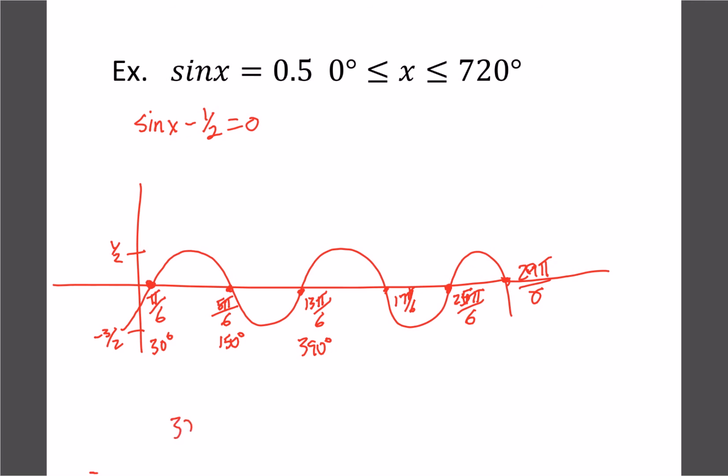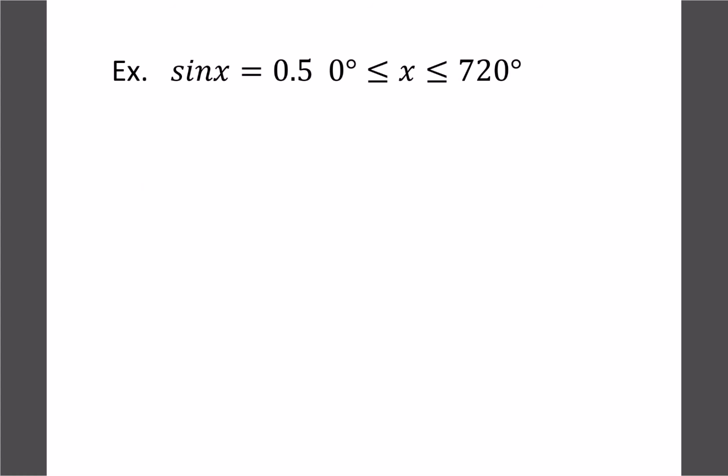So yeah, in this case we'd have 30, 150, 390, 17 pi by 6 is, I can't quite do it in my head here, that would be 360 plus 180 is 540, less 30, I think it's 510, and so on. We get the two more after that. Let's clear this off, and let's try solving this now by using the second method and see which way is